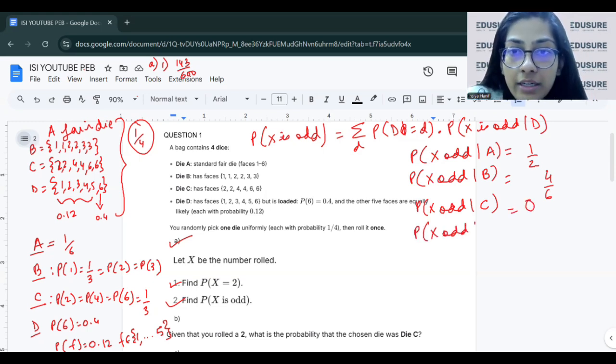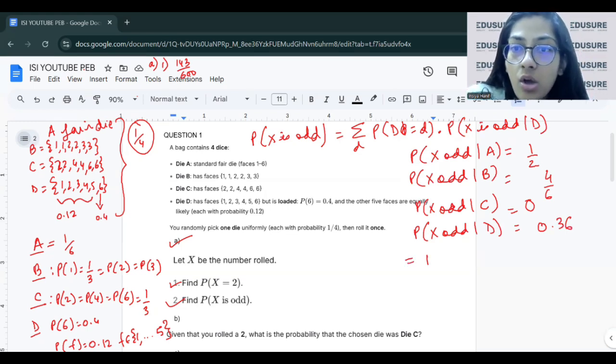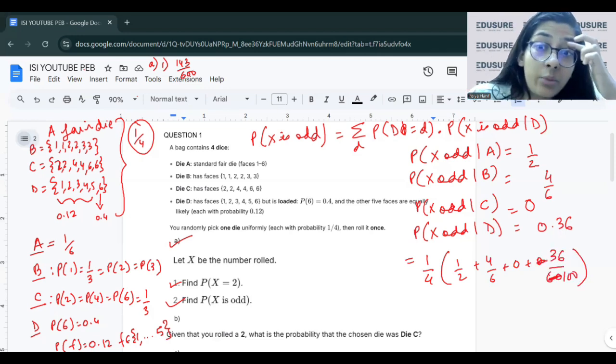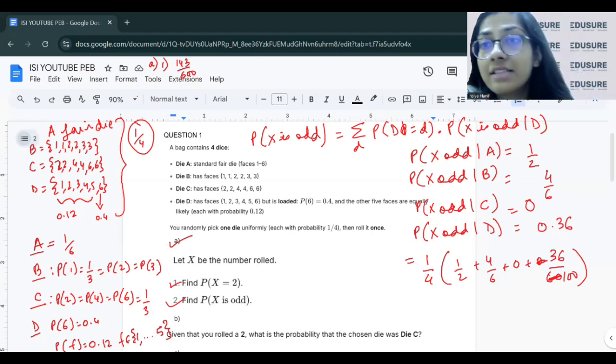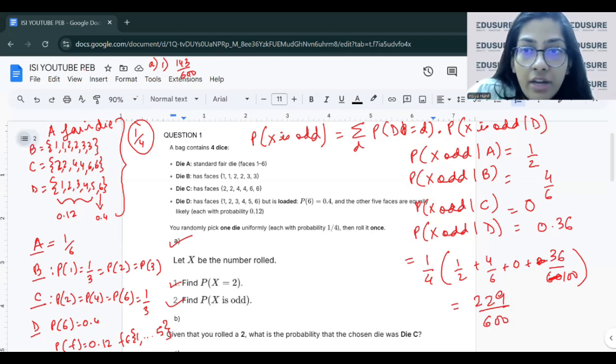Probability that x is odd given d. इसमें क्या है? 1 3 5 है with the probability of 0.12. So this is going to be 3 into 0.12, which is going to be 0.36. अब बस हमें summation करना है. So this is going to be 1 by 4 into half plus 4 by 6 plus 0 plus 36 by 100. Okay. एंड ये 1/4 बेसिकली हर एक का डाइस का प्रोबेबिलिटी है, राइट? तो इसे अगर हम सॉल्व करेंगे हमारा आंसर आ रहा है 229/600। तो यहाँ पे आई राइट 2 is 229/600।